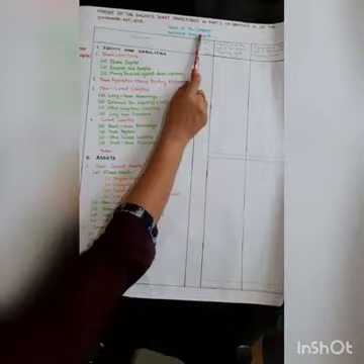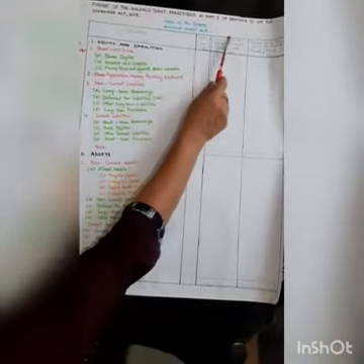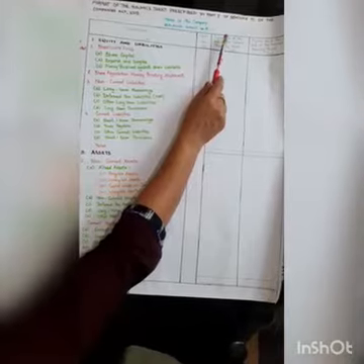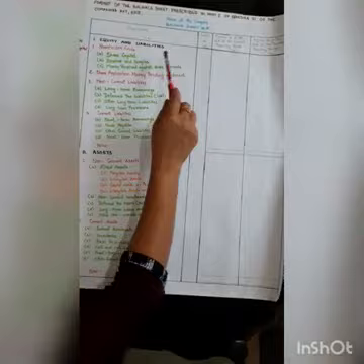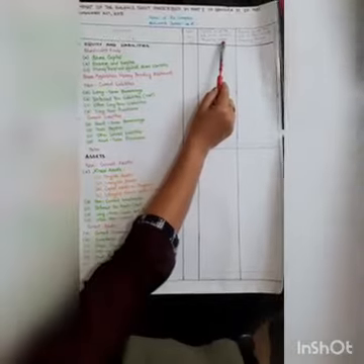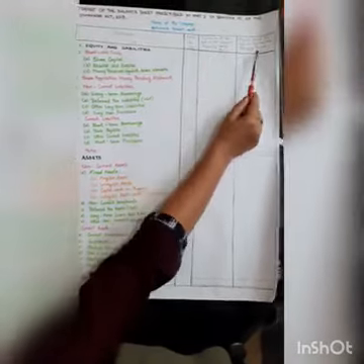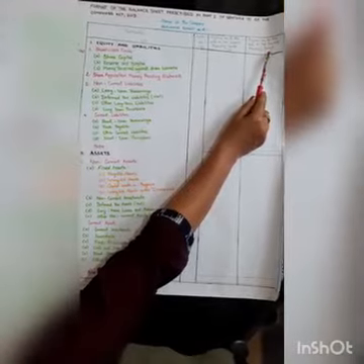Here in this format, the first thing which will come is the name of the company. Then we have to write the balance sheet as at, that is the date. It may be 31st March 2020. Here you can see there are 4 columns. The first is for particulars. The second one, note number. The third one is for representing the current year figure. And the fourth column represents the previous year figure.